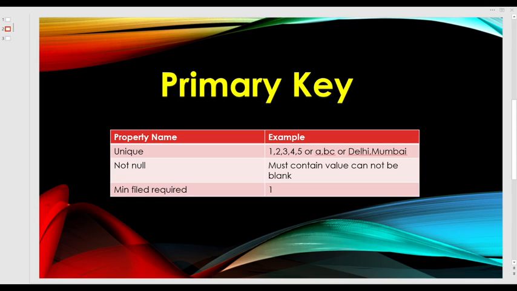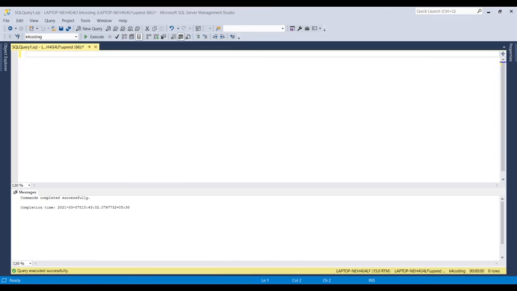Now we are going to create one table, and we will apply the primary key field while creating the table. We create a table with the name EMP, and we take some minimal fields to understand the concept of primary key and composite key.